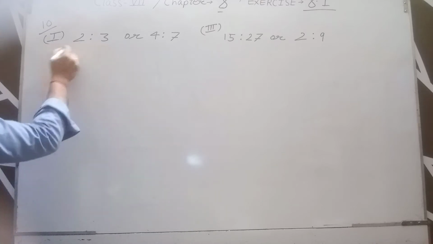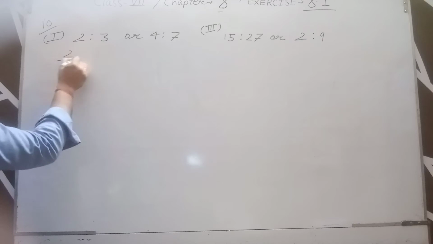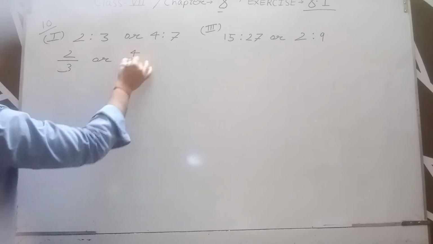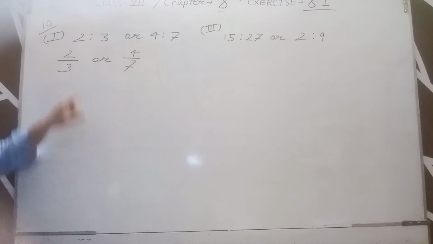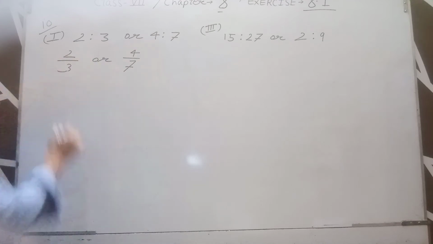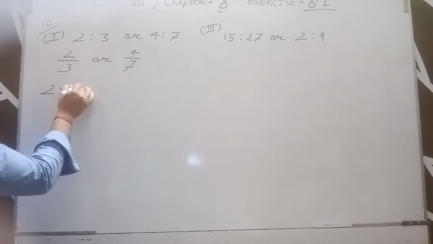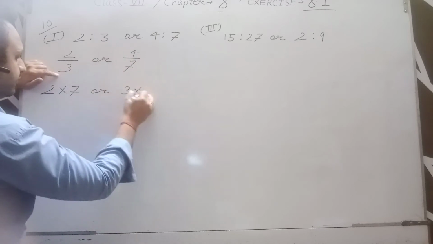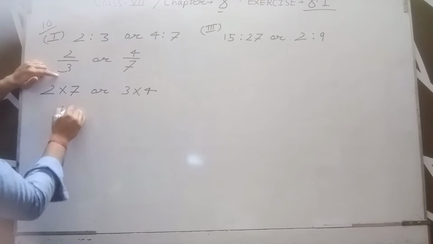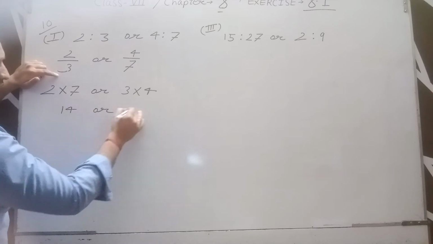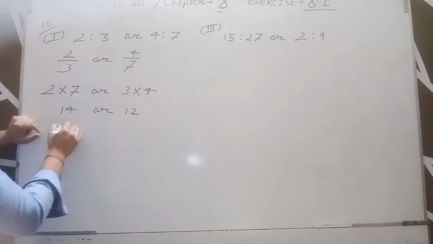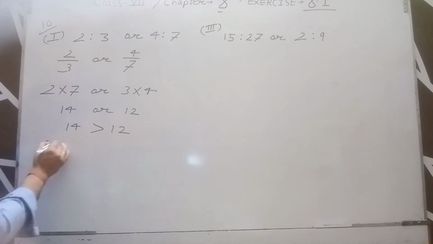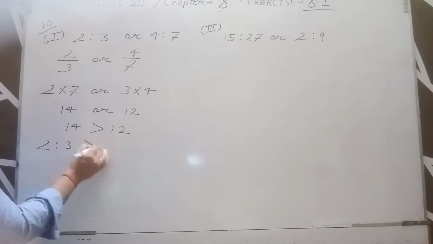For comparing, we note down 2:3 as 2/3 and the second ratio 4/7. For comparing, we multiply 2 multiply 7 and 3 multiply by 4, 14 and 12. Obviously 14 is greater than 12, so we can say that 2:3 is greater than